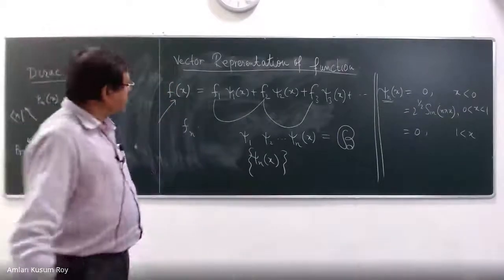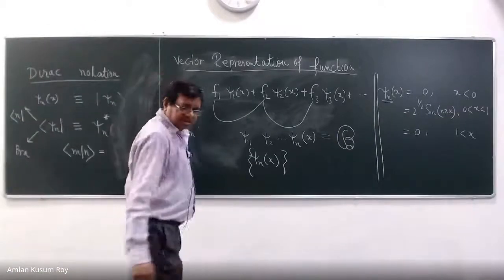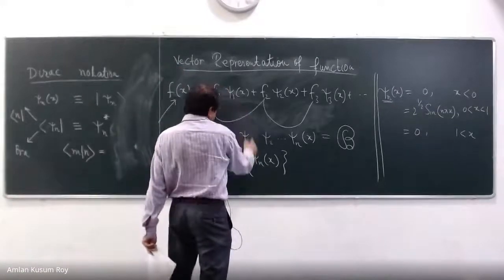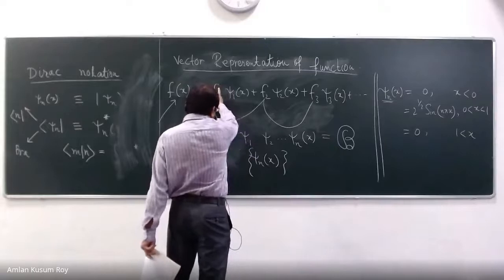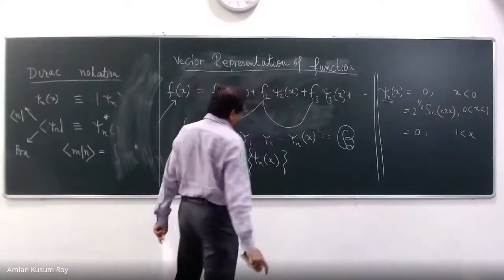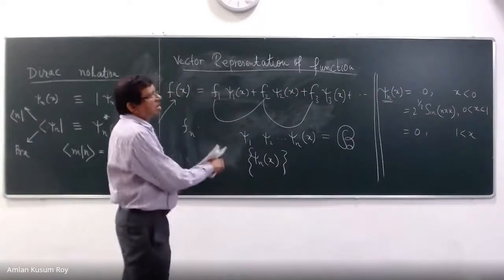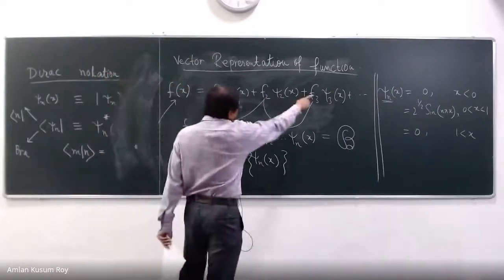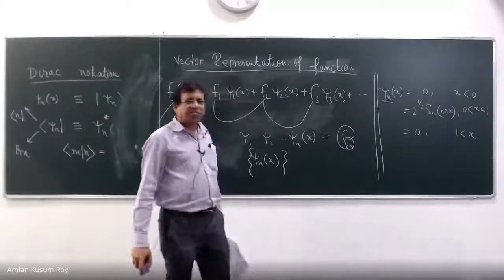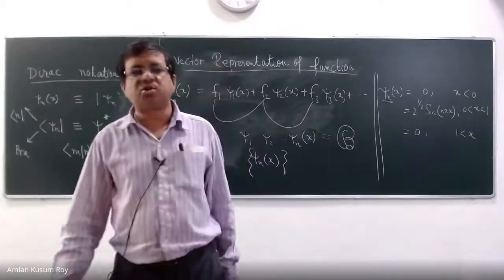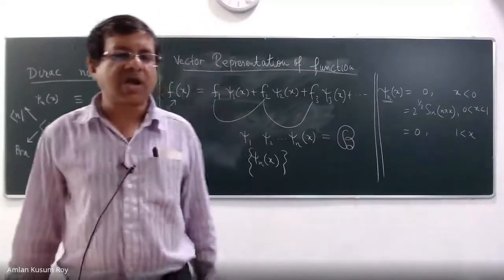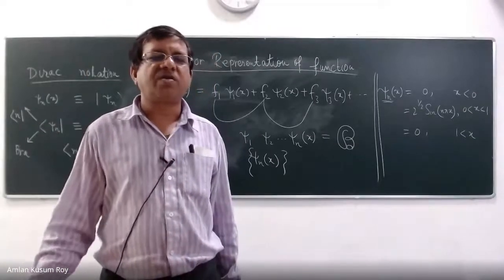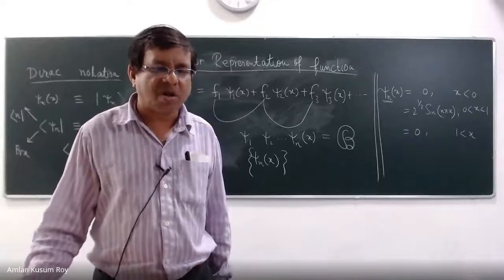But our job is to understand the vector representation of a function in this notation. I think I told you, these psi, I have explained all of this: f1, f2, f3, these are coefficients. How they are coming, we are going to do. But psi1, psi2, psi3, up to what? They are coming from a basis that you have chosen, which are coming from the eigenfunction solution of the eigenvalue equation corresponding to a Hermitian operator.